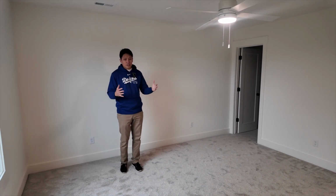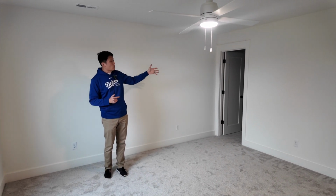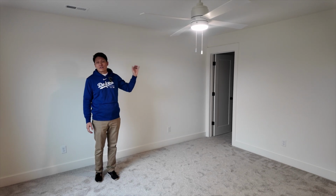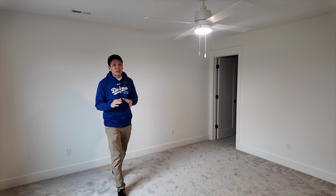Queen size bed, full size bed, king size bed, all of these bedrooms are massive. This bedroom has a walk-in closet, not as big as the other ones, but still a nice feature to have on a secondary bedroom. Like I said before, I promised you we're gonna go down to the basement, but hey,